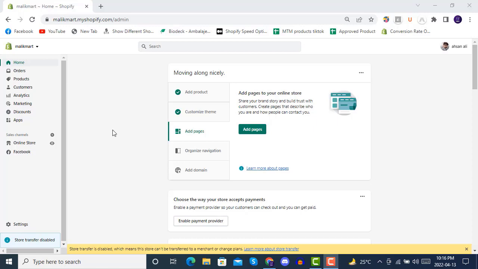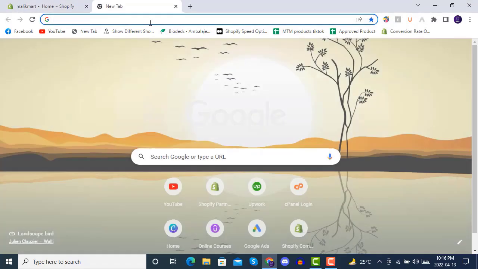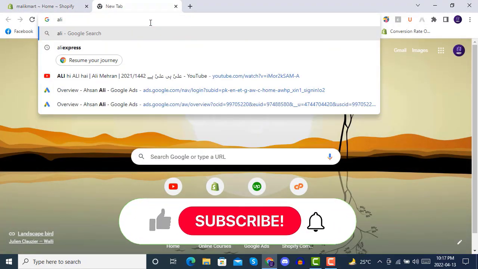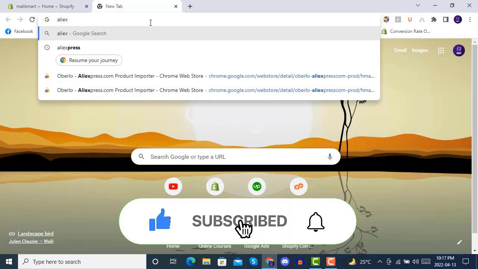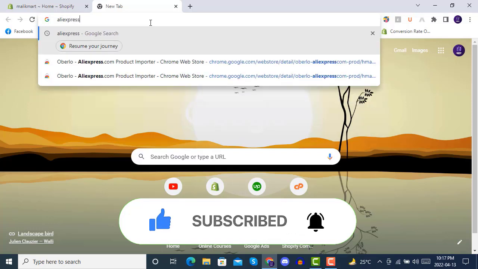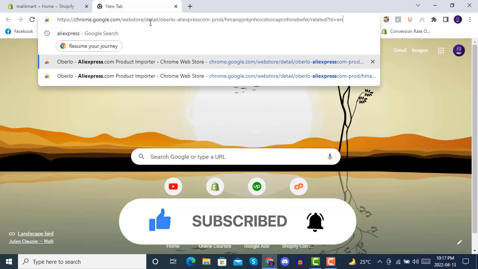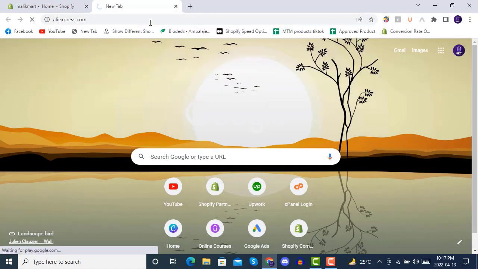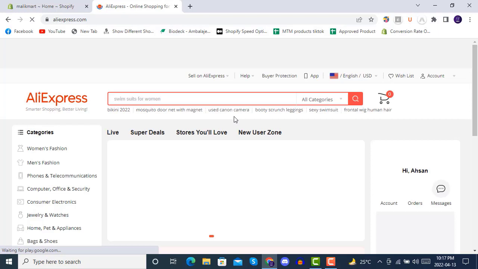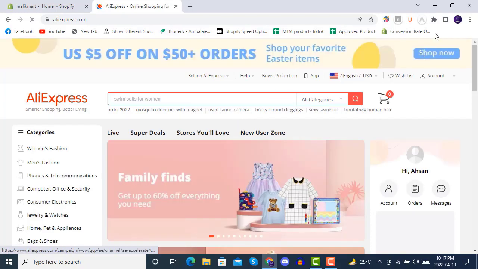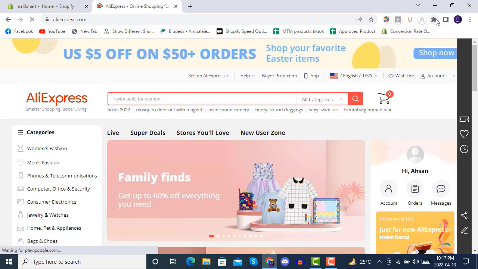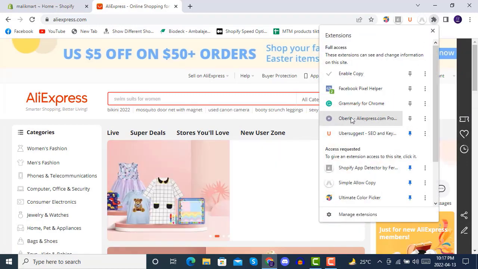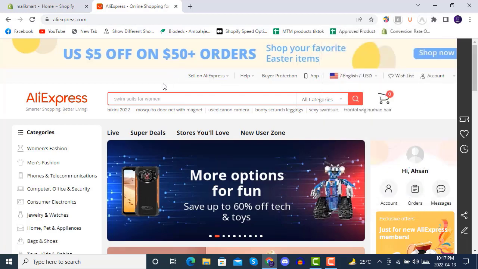So first of all, you have to just go to aliexpress.com from your Chrome. Remember that we have already installed the Oballo extension in Chrome, so don't forget to install that extension, which is shown here. Okay, so here in AliExpress we will be going to